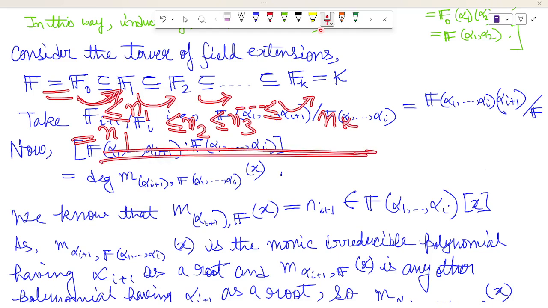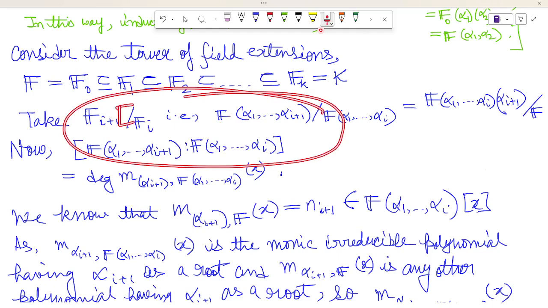So if we multiply this, because the degree is multiplicative,